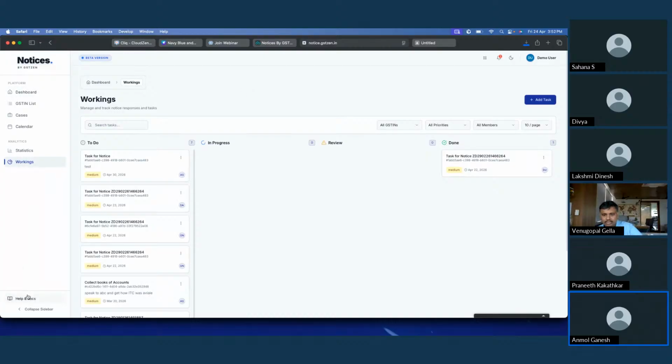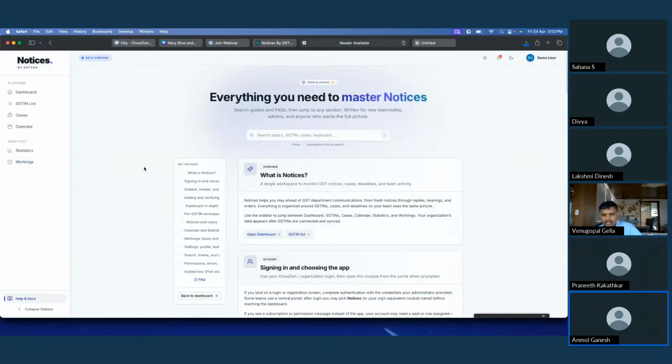So let's say if you want to know some in-depth details about our notices by GSTs and website, we have the help and doc section here. Here we have given a brief, detailed description of all the pages that we have included in our website.